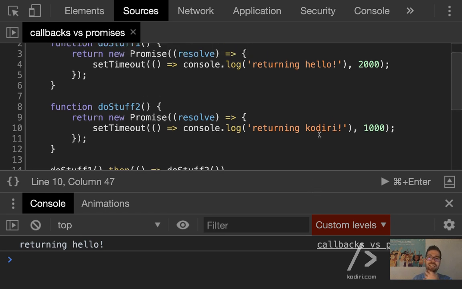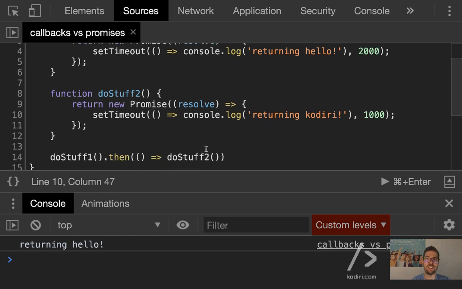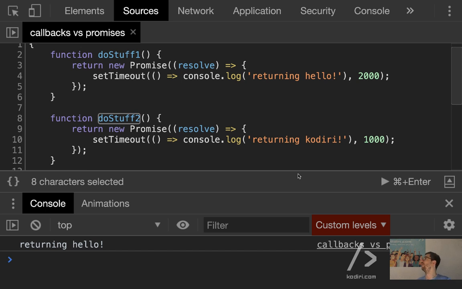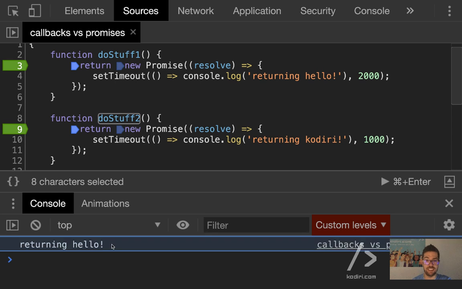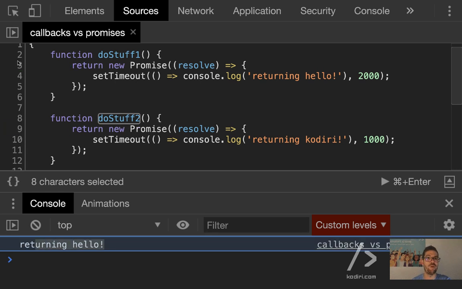Does anyone see why doStuff2 is not executed at all? It's my fault. The code is wrong. DoStuff1 doesn't know about doStuff2. No, it doesn't need to know anything. In other words, if I had a breakpoint, no, I don't want to have breakpoints. I may ruin everything, right? But trust me, if I had a breakpoint on line number 9, it would never run. It will run line number 3. Actually, you can see the message, but it will never run line number 9.